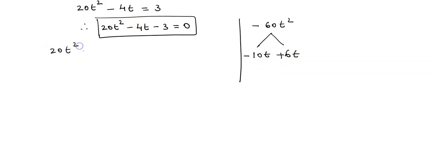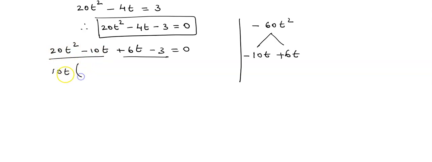That is 20t square minus 10t plus 6t minus 3 is equals to 0. This is one factor, this is one factor. In 20 and 10, we can take 10 as common factor. T square and t, we can take t as common. 10 2s are 20, t square means t into t minus 1. 10t into 1 is 10t. So write this as it is, which is there in the bracket. So what is outside? That is plus 6. Keep it outside as it is.